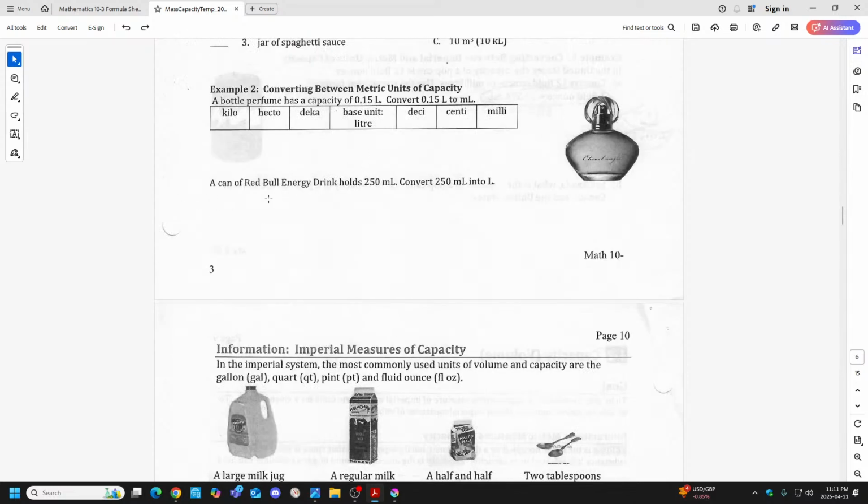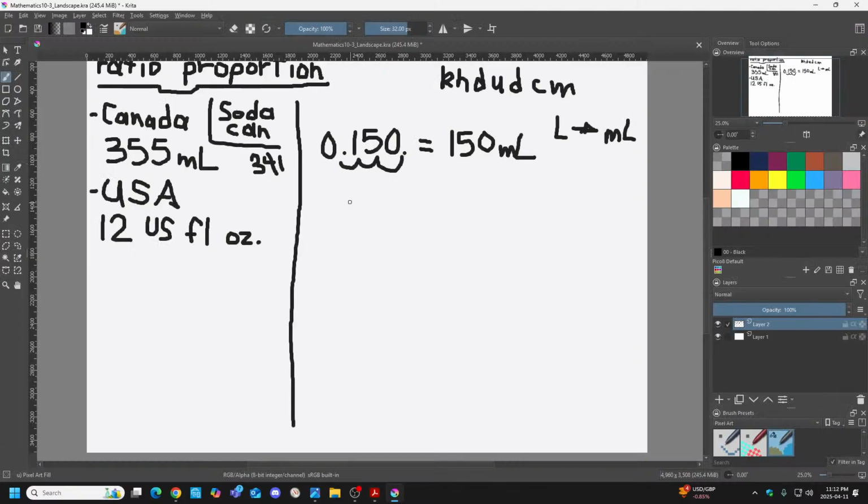Okay, a can of Red Bull energy drink holds 250 milliliters. Convert 250 milliliters to liters. Again, we're going from milliliters now to liters. So we're going to be jumping the decimal 3 places to the left. It's the same thing, guys. So the decimal is here. 1, 2, 3. So our answer is going to be